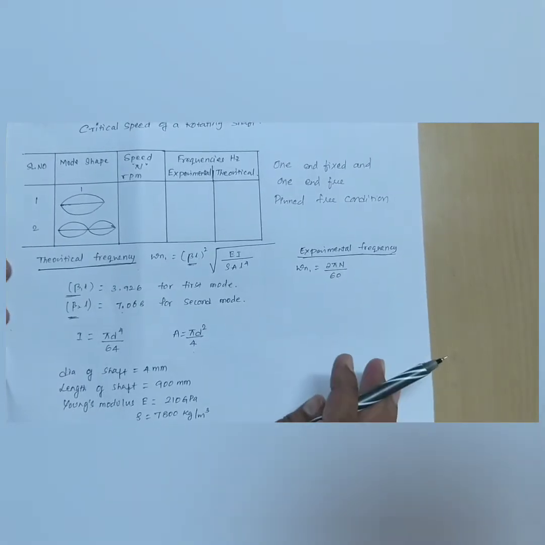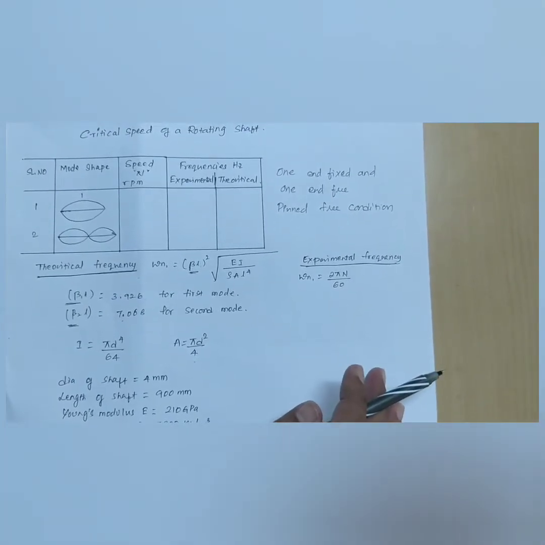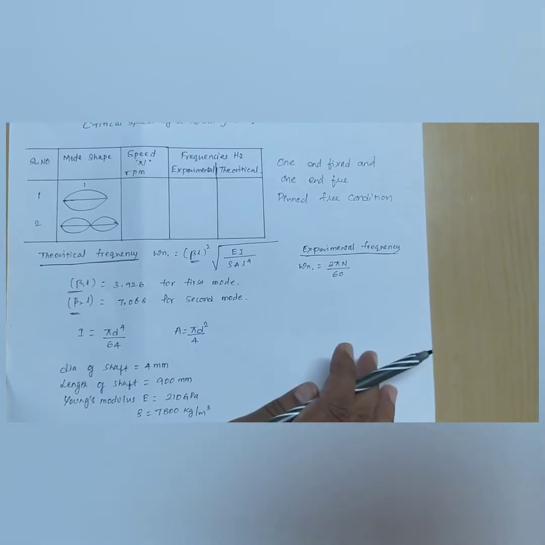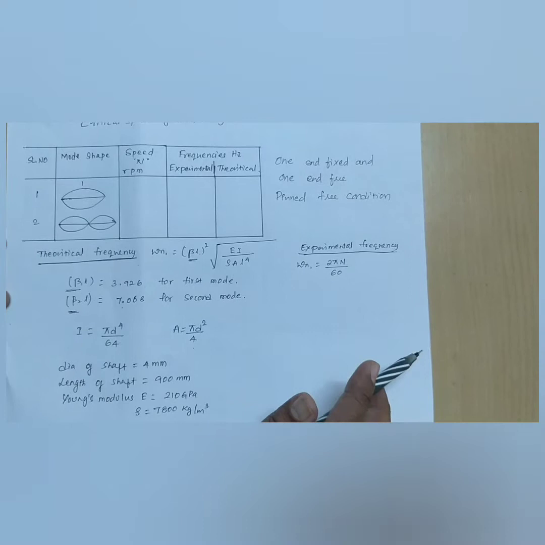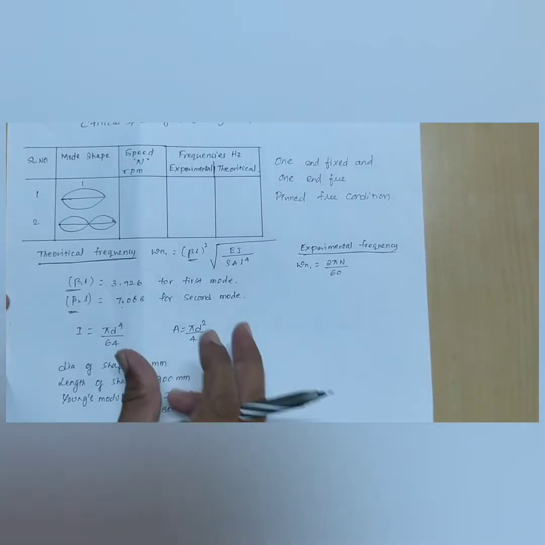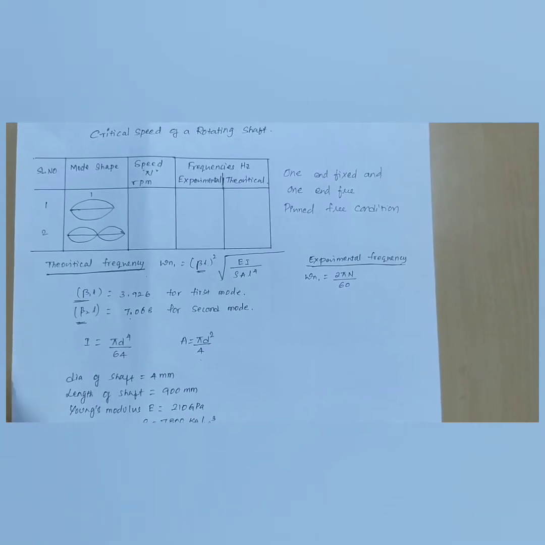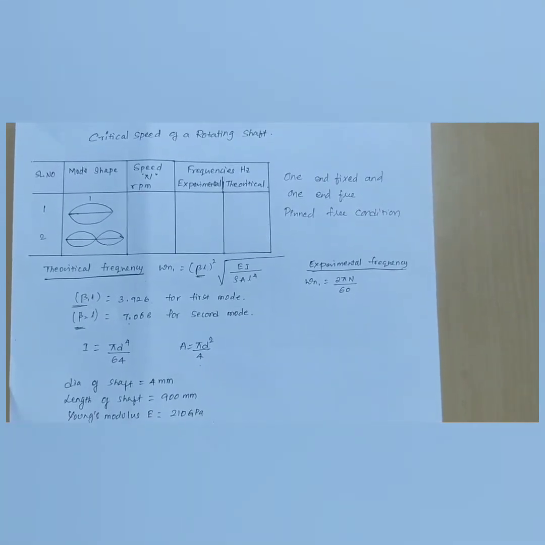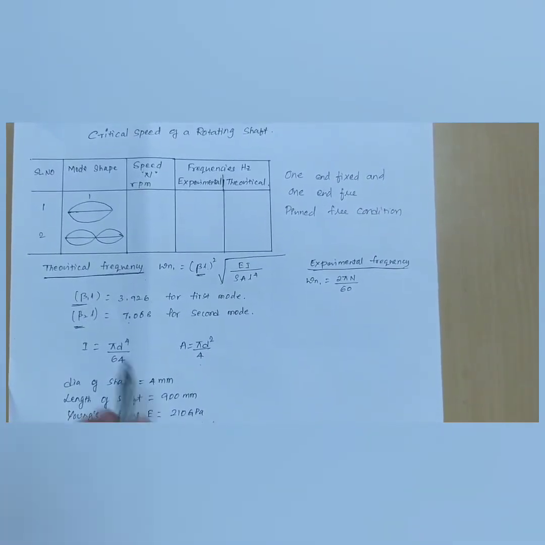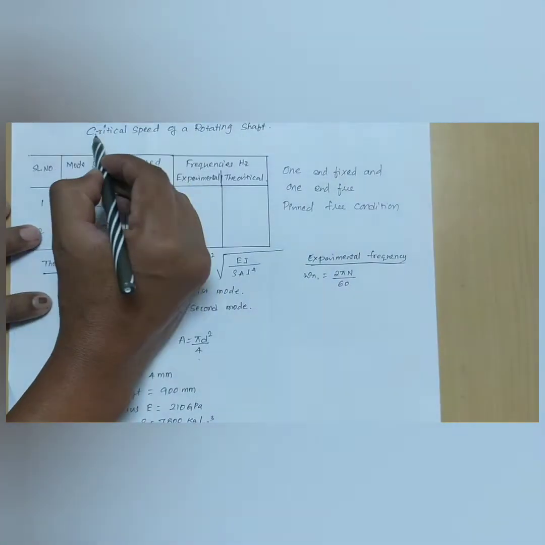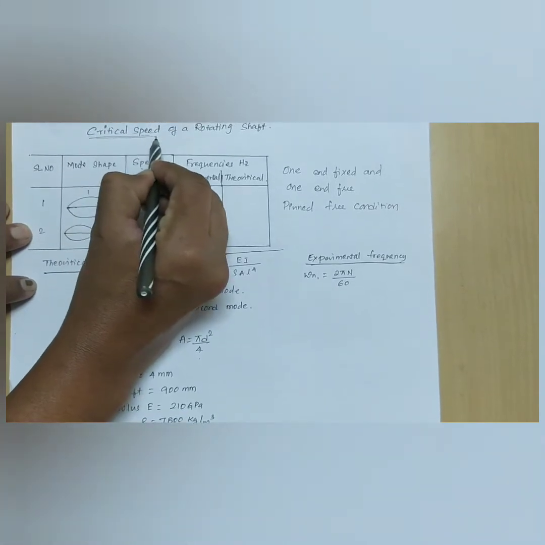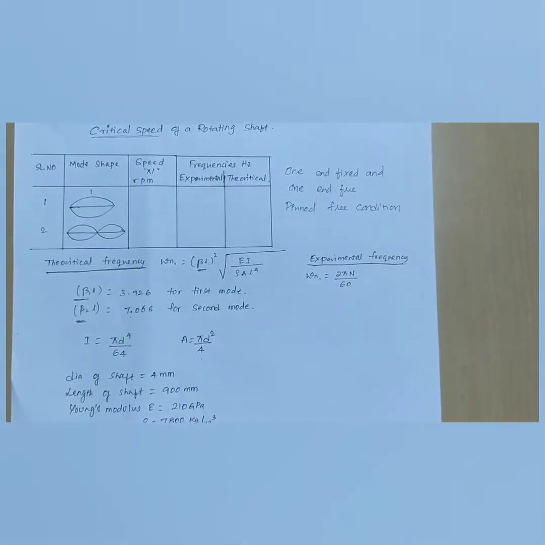The main purpose of conducting this experiment is to predict at which particular point the shaft reaches the critical point where the theoretical natural frequency becomes equal to the natural frequency of that material, and resonance occurs and failure takes place. So we are interested in finding at which particular critical speed resonance occurs.